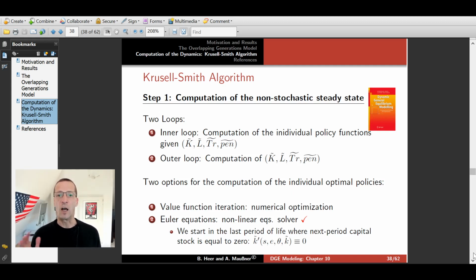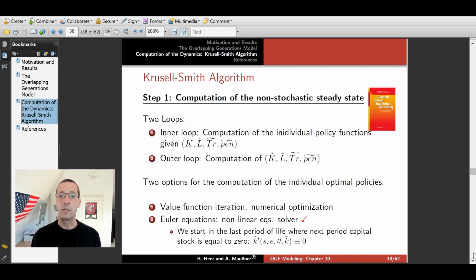Now there are basically two options for how we can compute the individual policy functions. The first one we have used over and over in the preceding two chapters, which is value function iteration in finite time. This amounts to using numerical optimization methods. Now these methods we find are too time consuming here for this large scale application, and we use the Euler equations approach instead. So we can express the first order conditions of the household with respect to this period consumption C and next period wealth K prime, the Euler equation, and the second equation, which is the first order condition with respect to labor, in which we substitute the budget constraint. So these are two